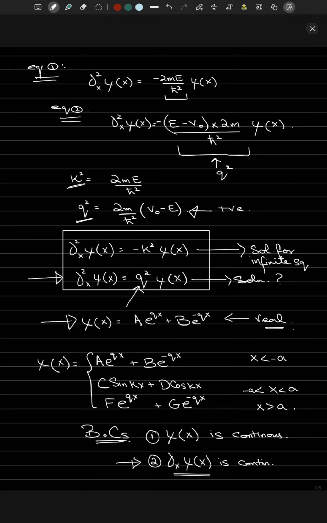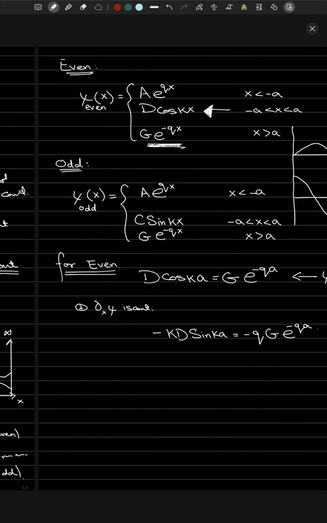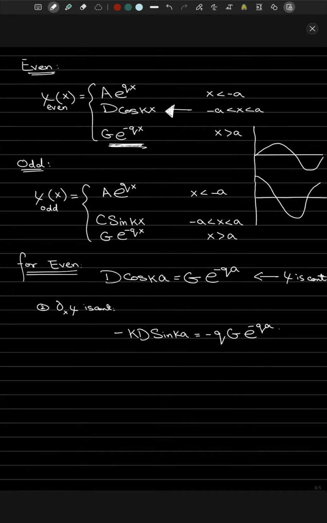So what I'm going to do is, let's call this equation small a, and let's call this equation small b. And with that in mind, if I divide equation b by a, what I get is you would have this minus k,